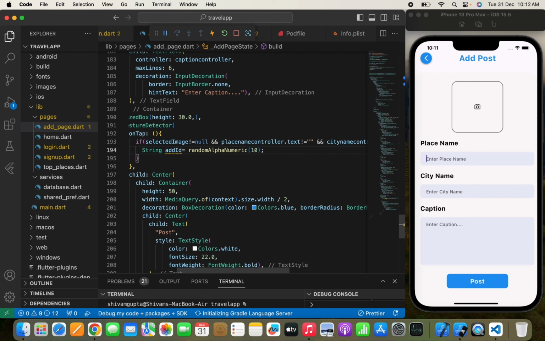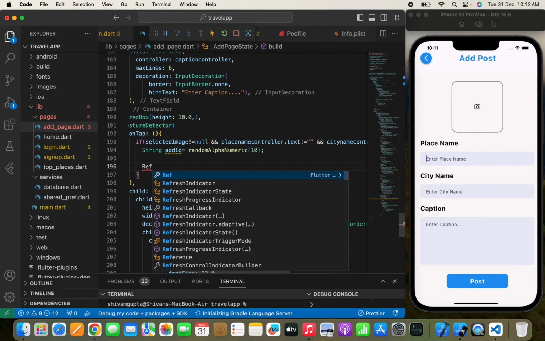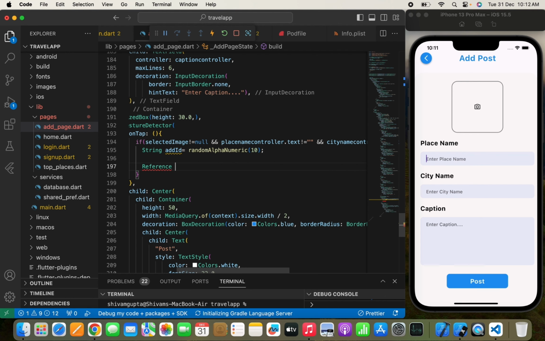I think so, in all the series we are uploading the image, so I have used it many times before. I think you don't have any problem, but if you are new, then I'll simply explain why I'm using that. So I'll just write a reference, and in the reference I just need to write a Firebase storage ref